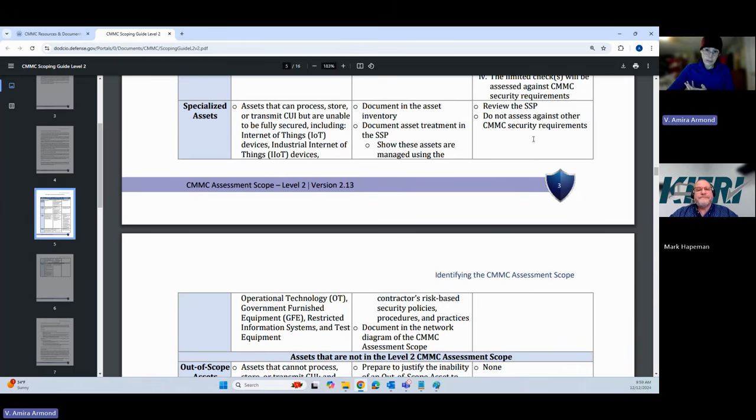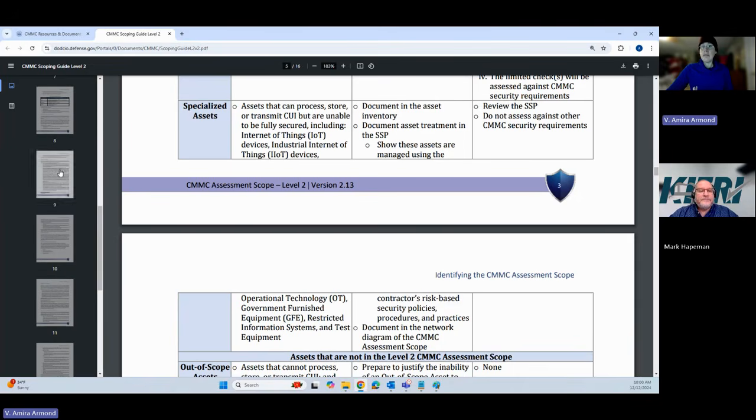That's our instructions. Now, for us to consider something to be a specialized asset, it does need to meet the definition in here, which is one of those specialized asset categories, such as government property, right? But yeah, we're not going to make you be secure. There's nobody forcing you to be secure about those assets.